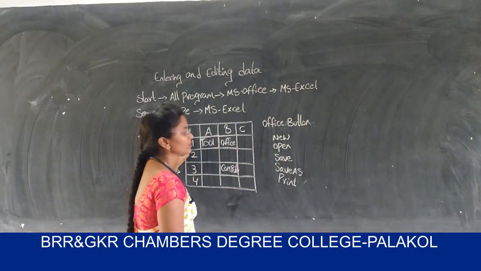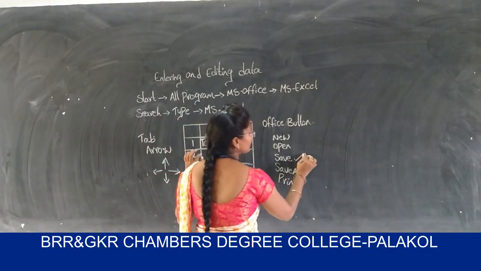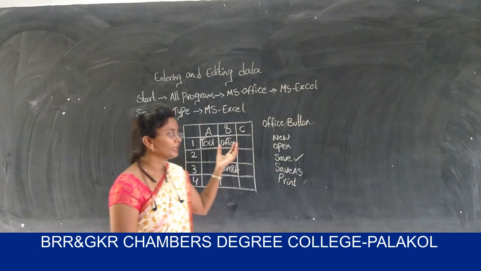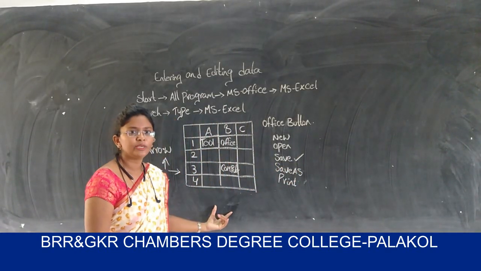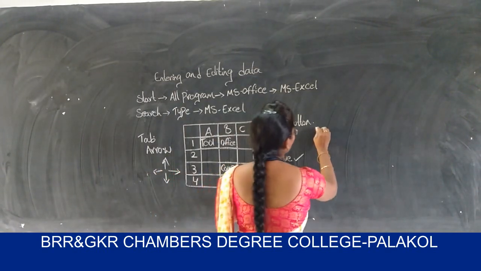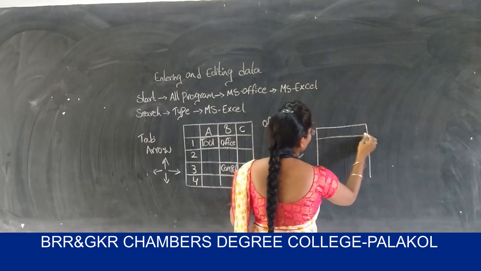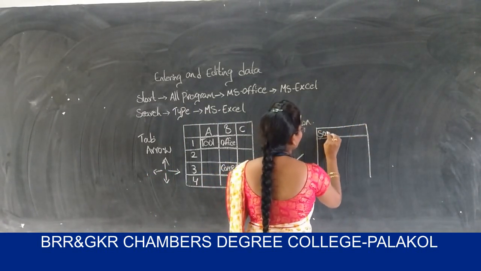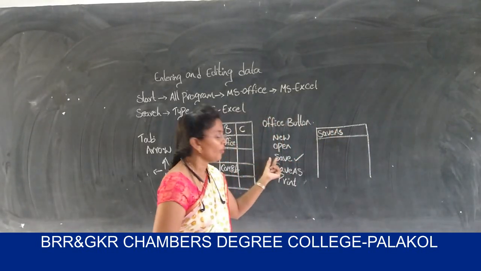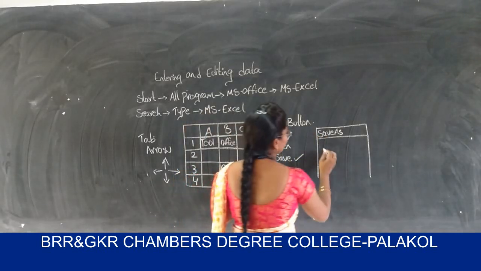Here I want to save this Excel sheet. For saving purposes, I am clicking on this Save option. If I click on this Save option, the entire spreadsheet will be saved. One dialog box will appear. This is the Save As dialog box. If you click on Save or Save As, for both the dialog box title will be Save As only.